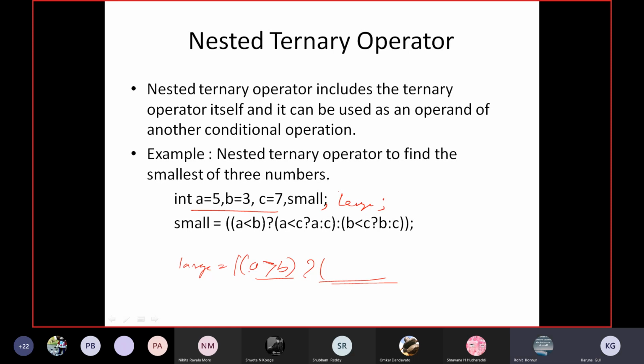A greater than C. A is already greater than B. Now you are checking whether A is greater than C or what? Correct? Question mark. A, colon, C. Is it okay? Yes, ma'am. A colon C. Else,